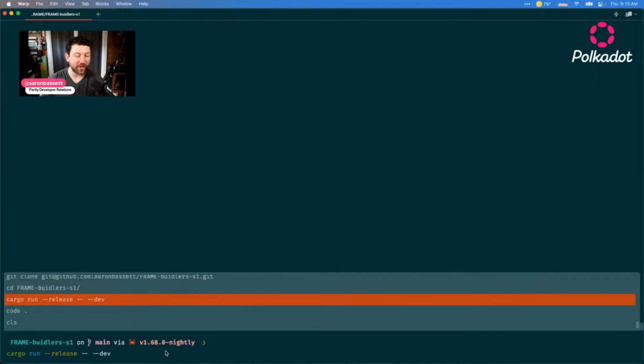But yeah, okay. So hopefully now you can see that I've got this cargo run --release. That's going to build my blockchain node. The --dev part of it is quite important here. That flag is going to run my node in dev mode, for local development. What that means is it's not going to persist the database. So every time I stop this node and restart it again, I'm starting from Genesis every time. The other thing it's going to do is create 2 accounts. If you've worked with Polkadot at all,